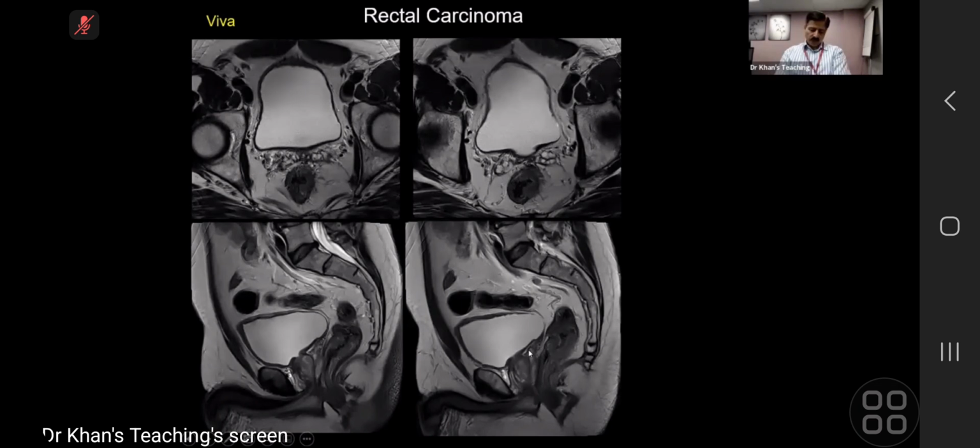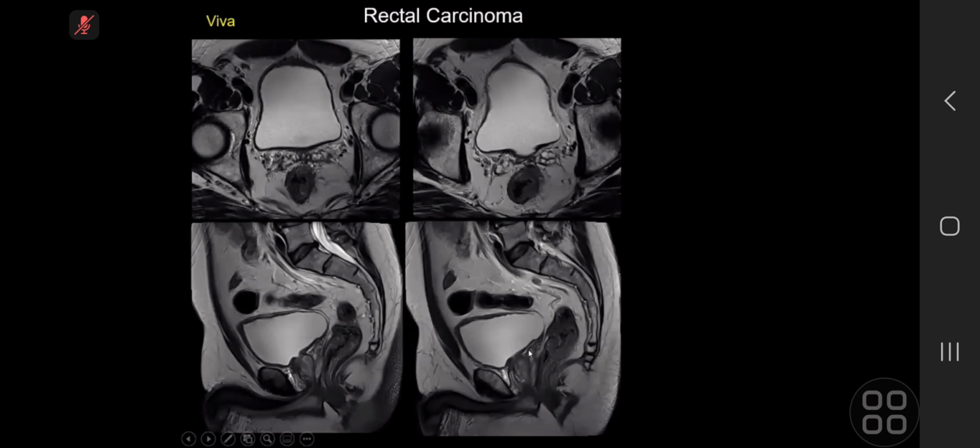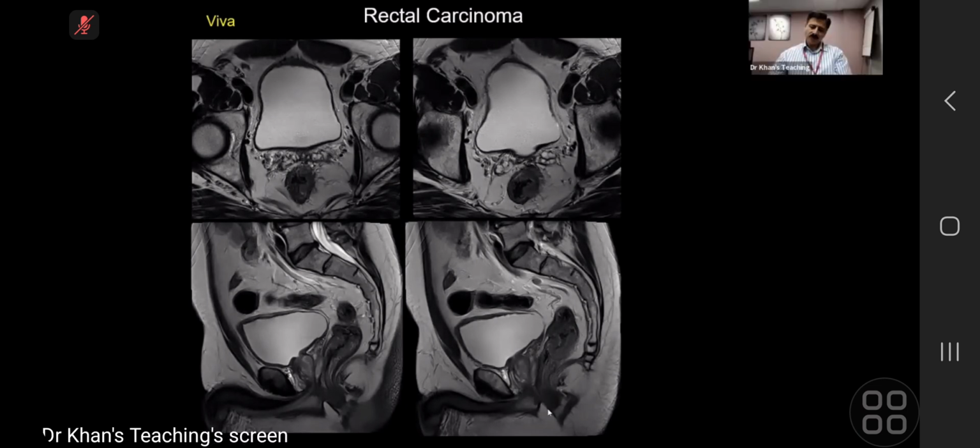Within the mesorectal fascia, mesorectal fat, and is there any serosa at this stage? My question is anatomy. Is there any serosa? I don't think so. Then, okay, what I have, you see, the point is that